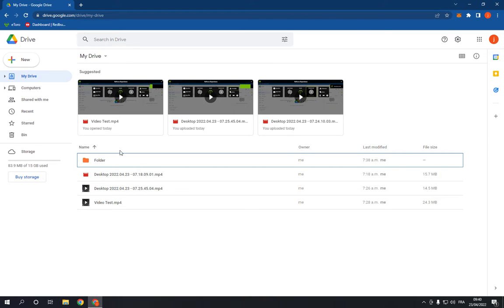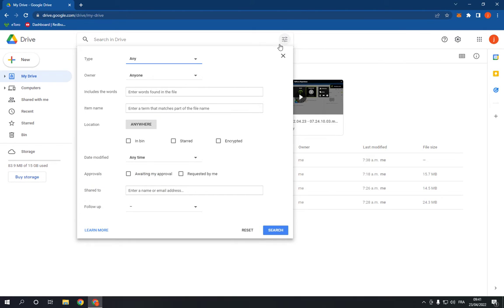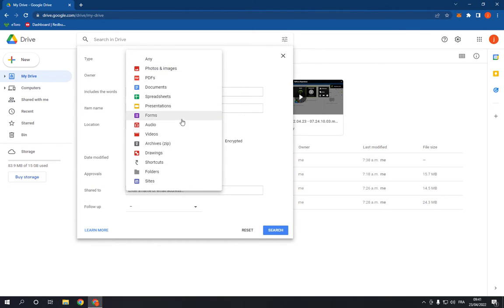Now this is the home page, as you can see. Now all you have to do to search for a specific file is go here and click on this little icon. Now choose the type of the file, if it is a PDF or document or whatever here,